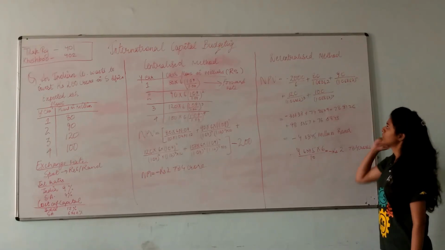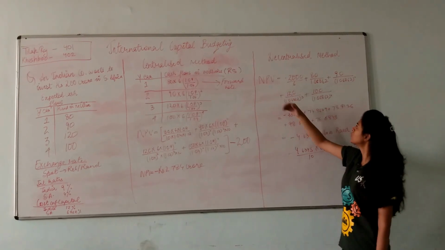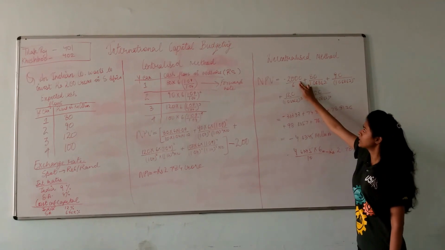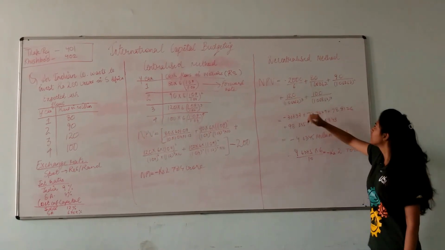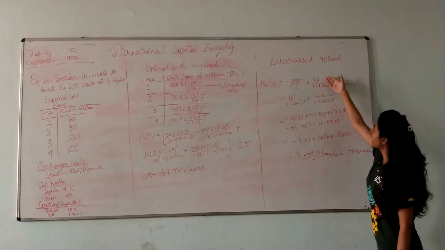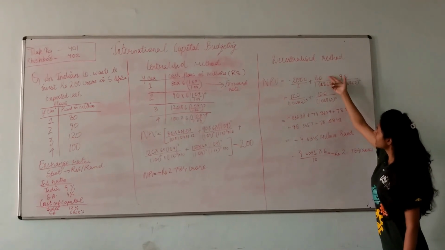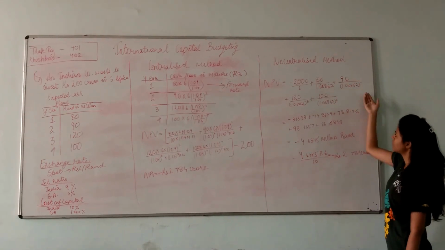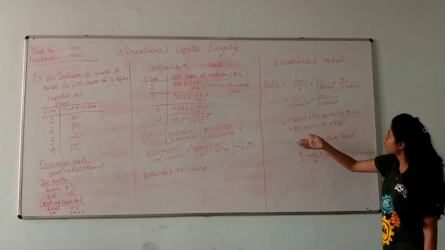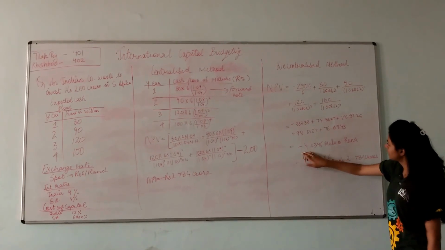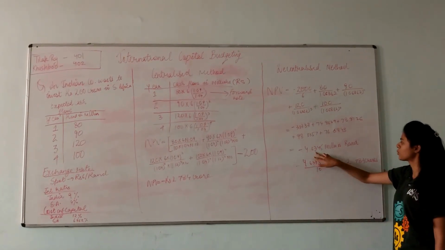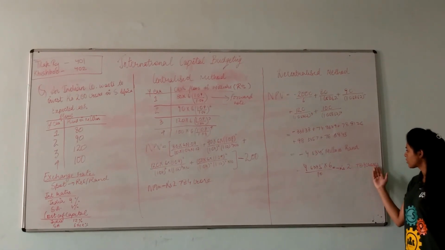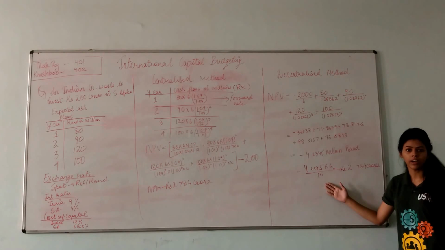There is a decentralized method for calculating the net present value. First, we have converted the investment, which is 200 crores, into rands by multiplying it with 10 and dividing by the spot rate. Next, we have converted our cash flows, first year cash flow, and we have divided it with the cost of capital of South Africa, and similarly we have done with the other years of the cash flow. We have arrived at the answer, that is minus 4.6345 million rand, which we will convert into rupees crore by multiplying it with the spot rate and dividing it by 10.